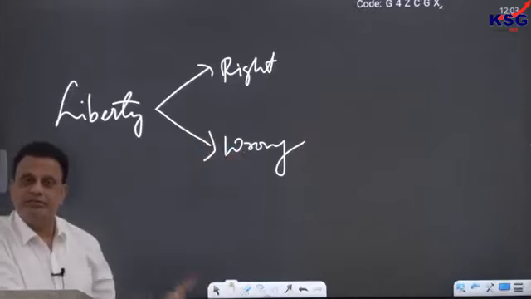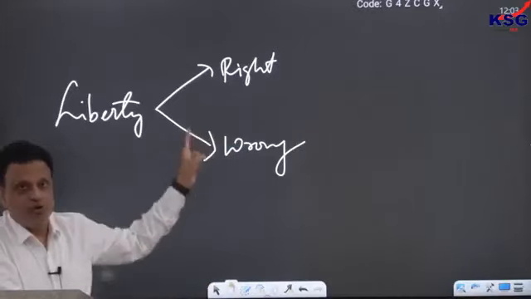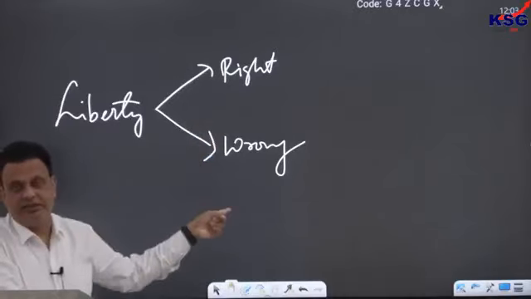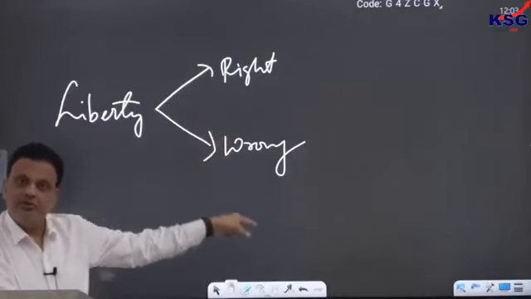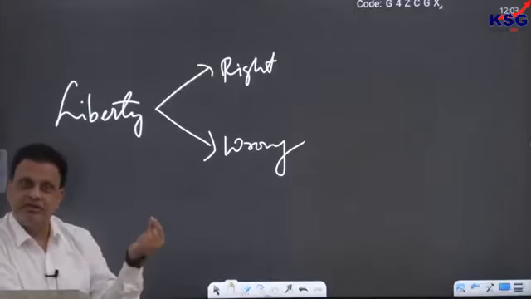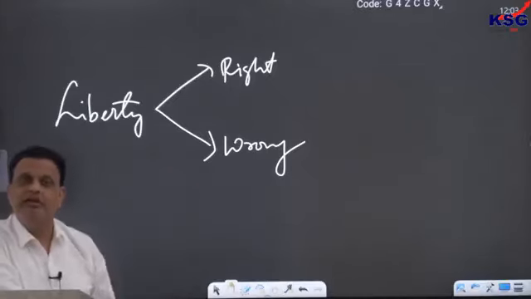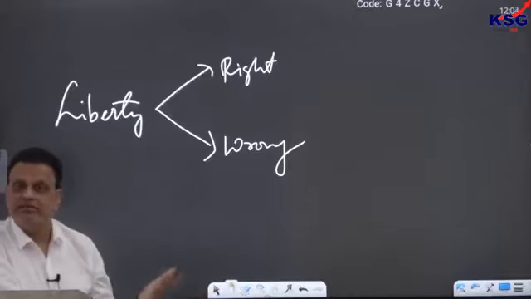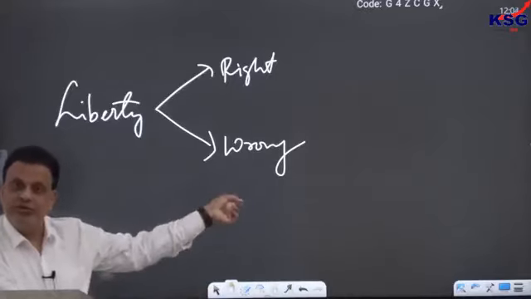So, at one point of time, Church was right and Copernicus was wrong. And later on, Copernicus became right and Church became wrong. Later on, Copernicus also became wrong. Copernicus was not right. The Sun is not the center of the universe. The Sun is just a small star in some corner of the Milky Way, which is in some corner of the universe. So it is not the center of the universe. So Copernicus also became wrong after some point.